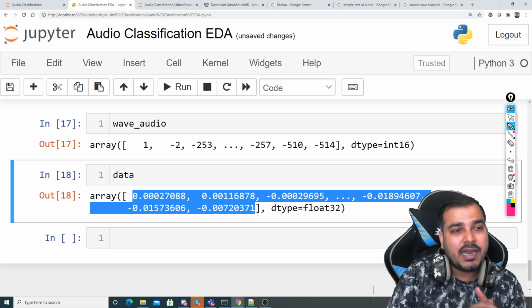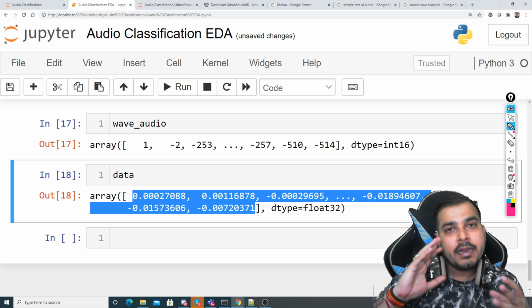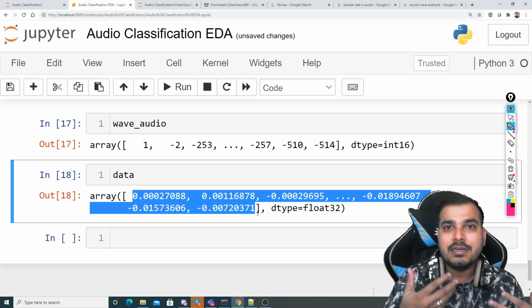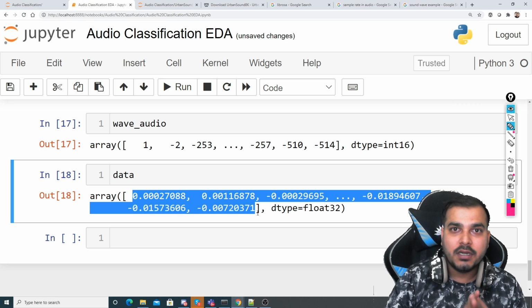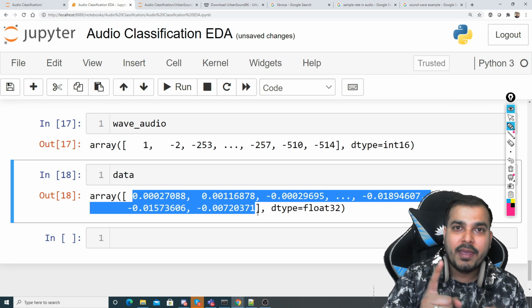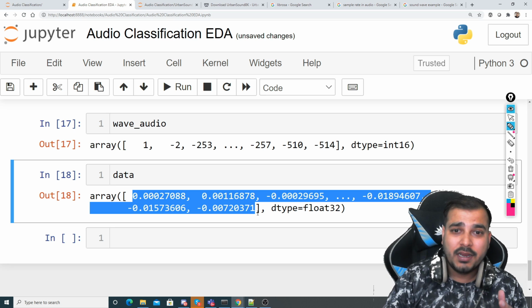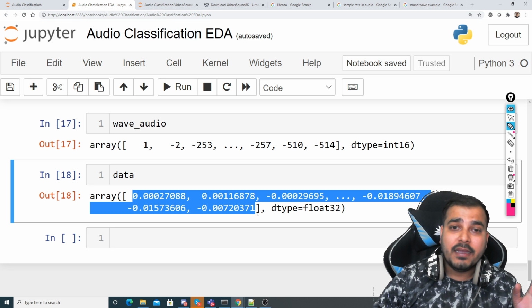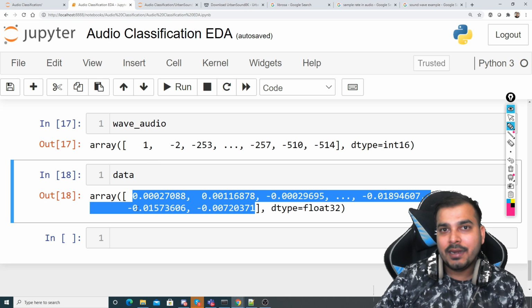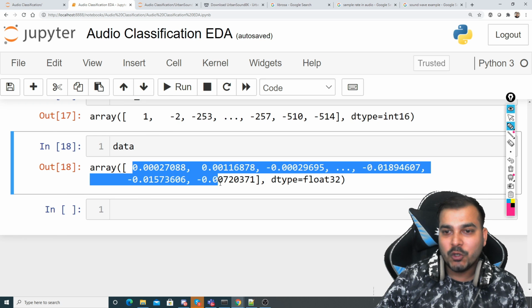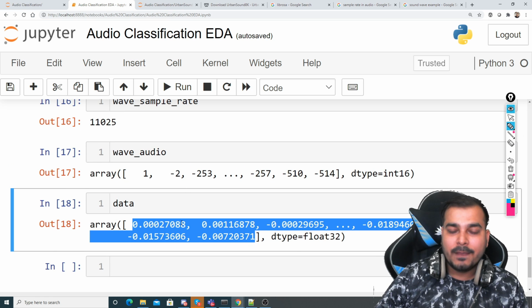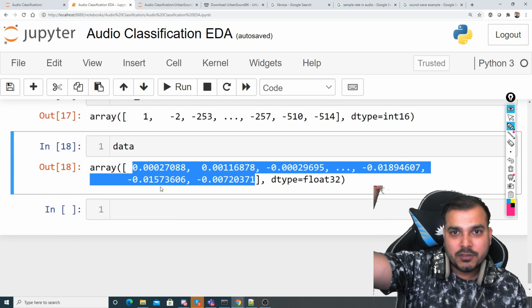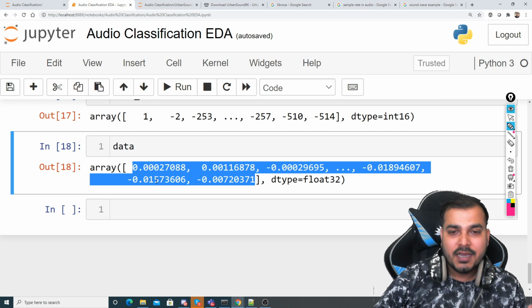See, librosa is a library which is now popularly and commonly used for audio signal processing, because it helps us do a few things. One is that it converges the signals and makes only one signal, that is the mono one. The second thing is that it can represent audio signals in a normalized pattern between -1 and +1, so that a regular pattern is observed across all the audios.